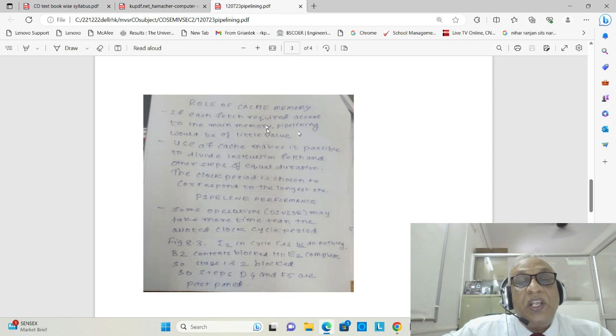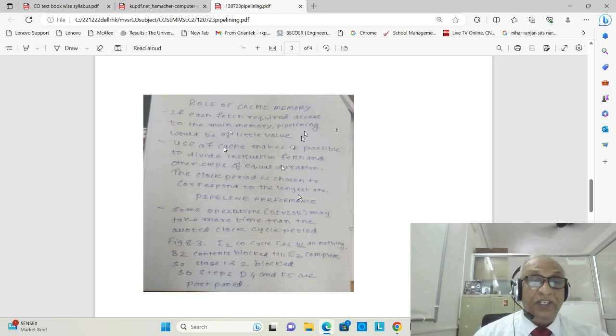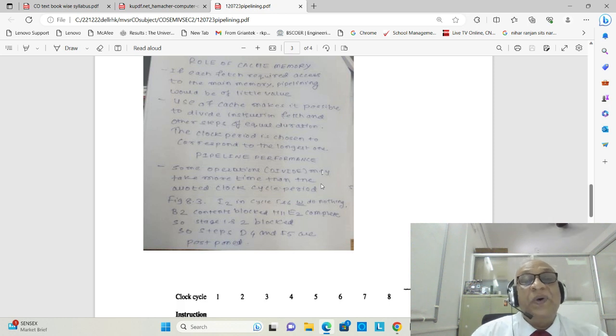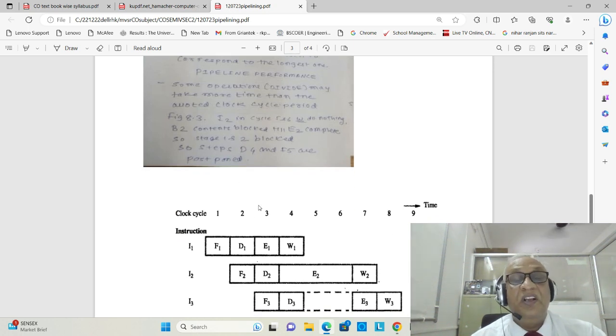With cache memory, what is possible is that we can divide the fetch and other steps into equal time durations. You can select the clock period in such a way that the longest step corresponds to the clock period. But still, what may happen is that some operations, like divide, may take more time than the allocated clock cycle period. Say, for example, in figure 8.3, which we are going to refer to immediately,